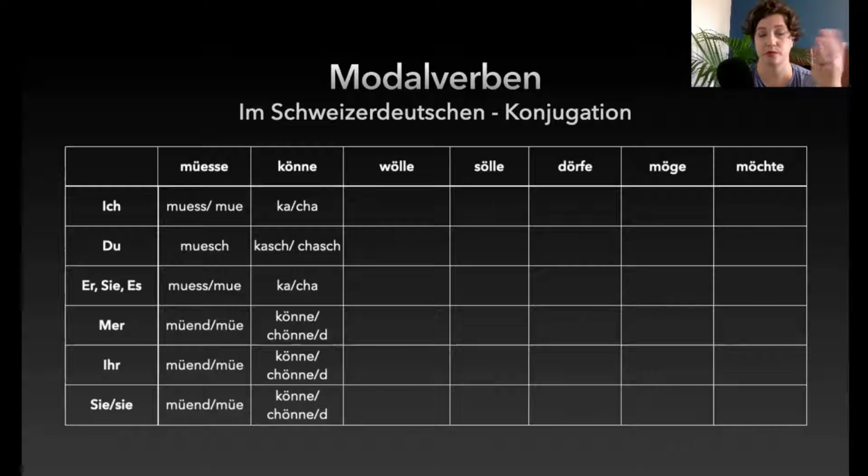Okay, können, to can. You can, I can. Ich kann oder ich kann. Swiss German is very flexible to use either K or CH sound. Ka, cha, same thing. Du kannst. Sie kann. Wir können, and then it depends if you want to add a D on either of them. Wir können oder wir können. We're very flexible around there. Ihr könnt. Sie können.